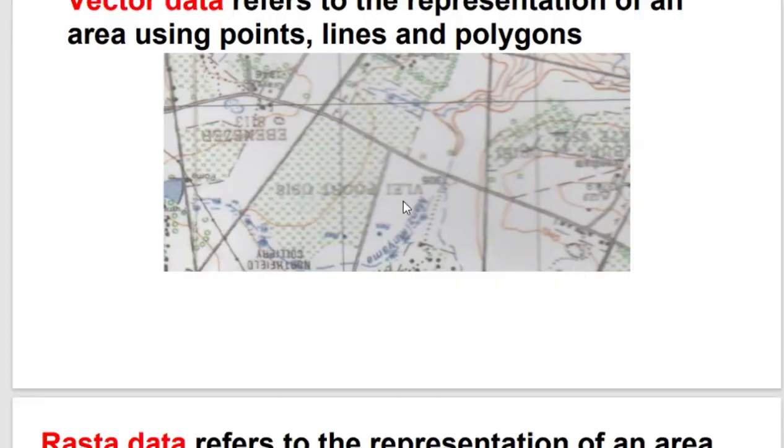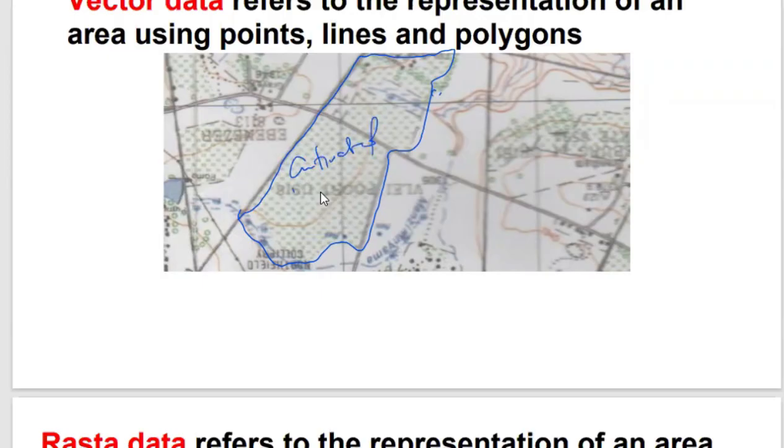If we trace this cultivated area, you can see it starts from somewhere there. It has a boundary which is enclosed. It comes here, it goes there. This whole area here is enclosed and it's cultivated